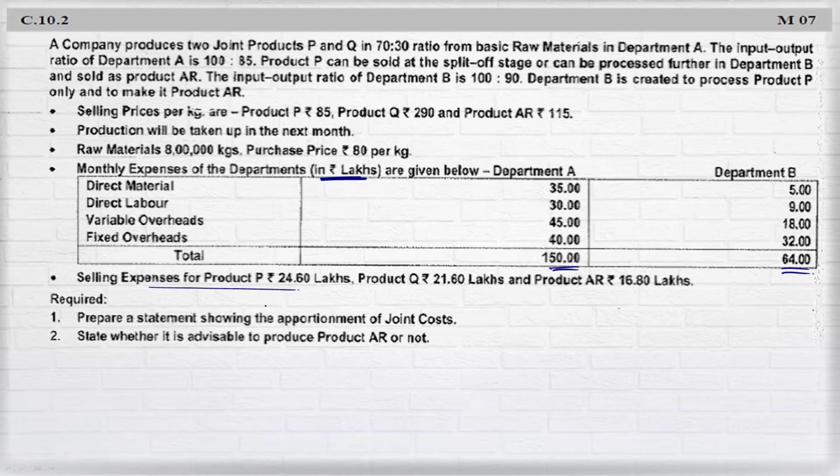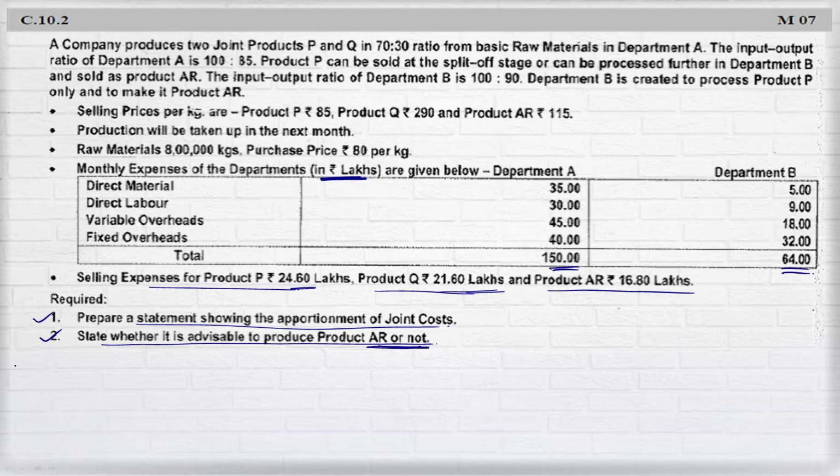Selling expense of product P is 24.60 and product Q is 21.60 lakhs. And product AR is 16.80 lakhs. Prepare a statement showing the apportionment of joint cost. State whether it is advisable to produce product AR or not. First, I will be solving second question and then I will be solving first question. Always draw a good painting when you are solving joint cost and